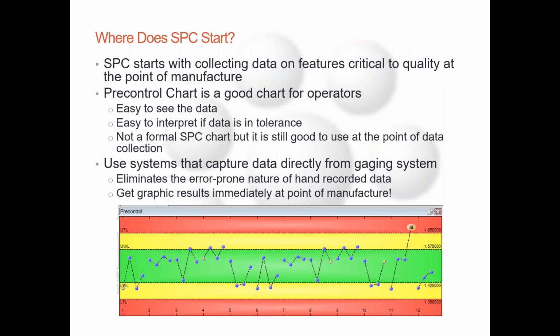So where do we start? SPC starts by collecting data on features critical to quality at the point of manufacture, like we've been saying. And the pre-control chart is a really good chart for operators. It's easy to see, easy to interpret the data if it's in tolerance. It's not a formal SPC chart, which means some people object to it, but they shouldn't, because this is good